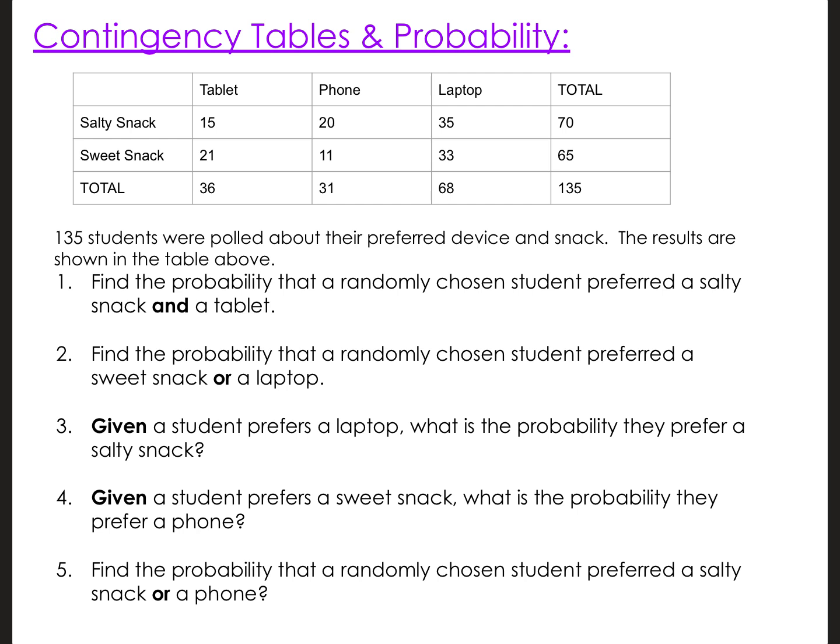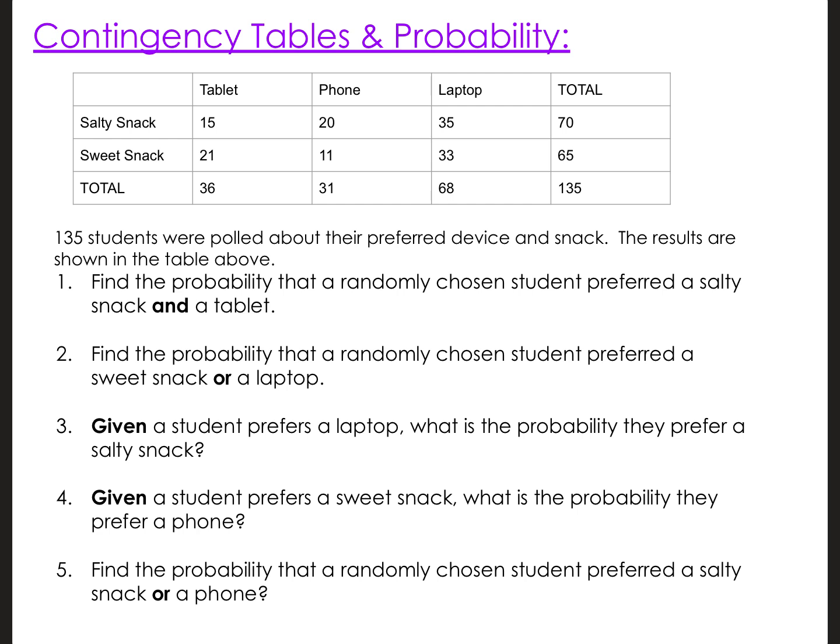And this is about sweet and salty. And at first I was confused because a lot of people have a phone and a laptop and a tablet. But what they're asking is, if you have a choice and you could only bring one device with you, like on the plane, okay, you get to pick one of these devices. What do you want? They had to pick one. Okay, and they could only bring one snack. You had to pick one. Would you rather have potato chips or would you rather have chocolate? Okay, so now let's answer some questions about it.